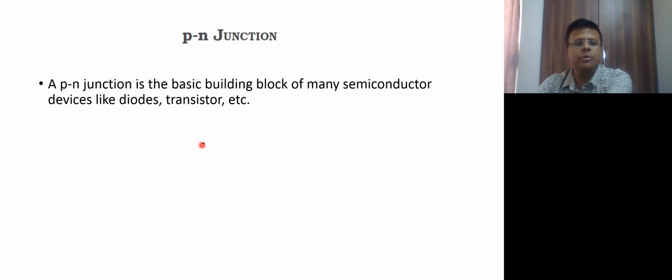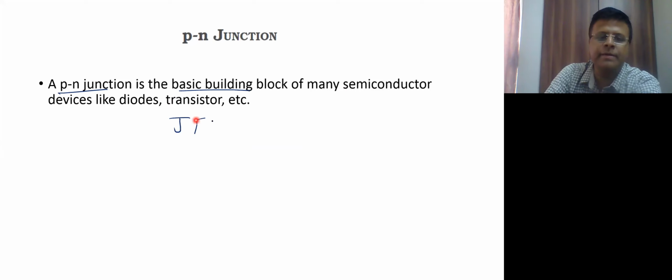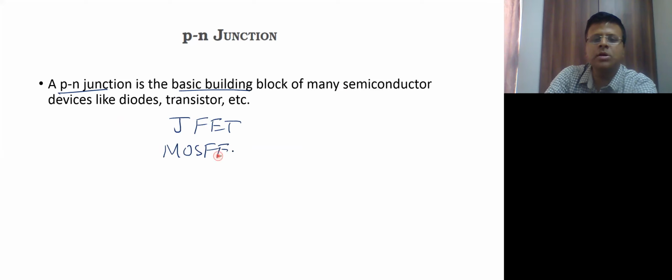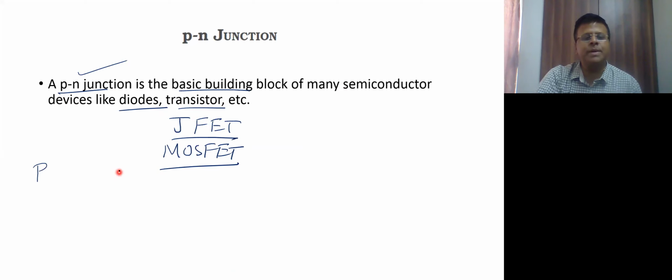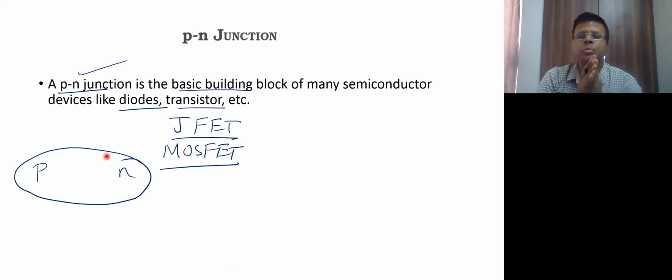यहां से आगे जाते हुए हम लोग को सीखना है what is PN junction, because PN junction is one of the basic blocks of any semiconductor device. अगर आप transistor लेंगे या JFET लेंगे या MOSFET लेंगे, these are all semiconductor devices, या diodes लेंगे, ये सबके जो basic building block है ये PN junction है। तो हमने P separately पढ़ा, N separately पढ़ा, अभी हम दोनों को combine करेंगे तो PN junction diode form होता है। तो इसके बारे में थोड़ा सा देख लेते हैं।